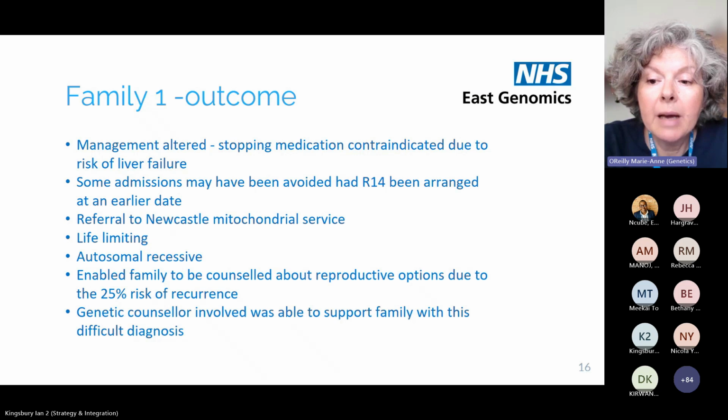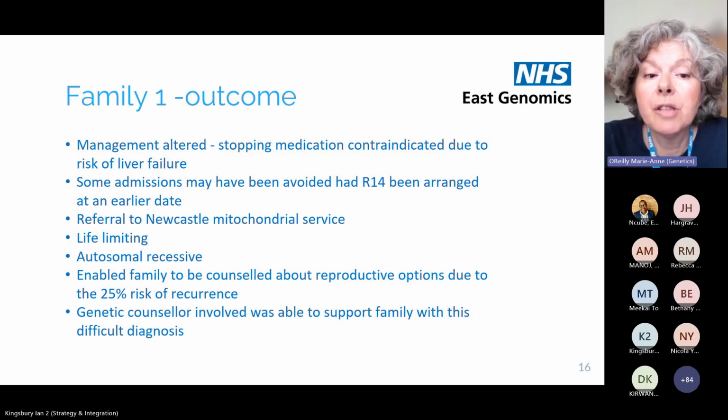So how did this impact on the patient's care? Well, the first thing was that some medication was actually stopped because it was contraindicated, because there was a risk of liver failure to this child because of the now known diagnosis. Looking back, some of those earlier admissions could have been avoided if the condition had been identified earlier as well. The child was able to be referred to the Newcastle highly specialised mitochondrial service. Sadly, this is a life-limiting condition,